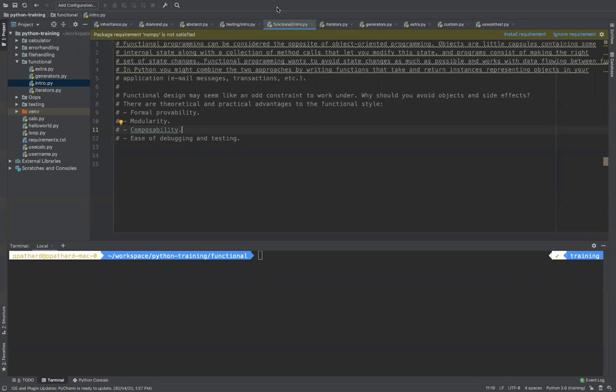All right, so let's start learning about functional programming today. So far, we have learned what is procedural programming. We also learned what is object-oriented programming in terms of managing objects, creating classes, creating objects, and all that. But today, we are going to learn something that is opposite of object-oriented programming.